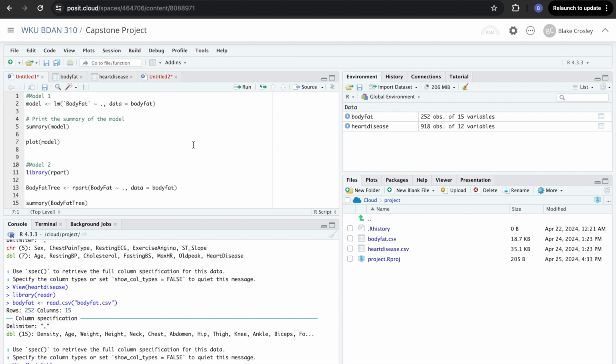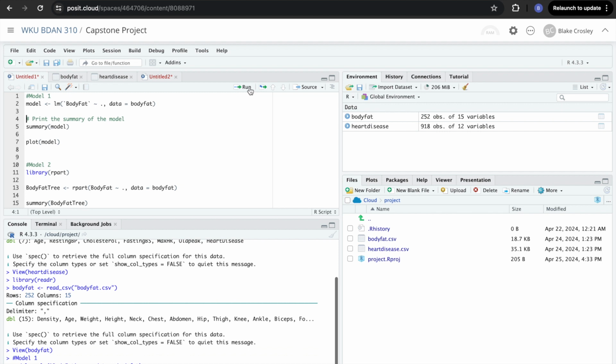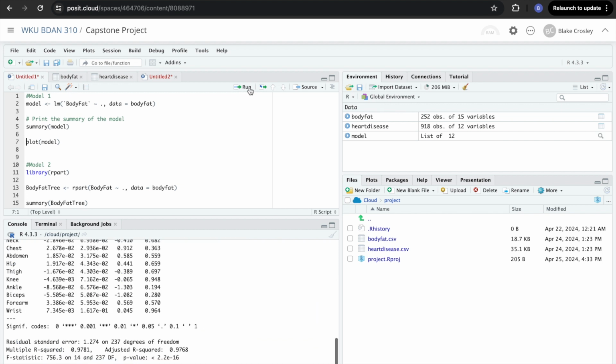So, jumping right into it, I used a linear model for my first model for body fat, and this was just to see how well it could predict body fat based on the 15 variables, or 14, not including the body fat percentage. So let's go ahead and run this model here, and then we'll get a summary of it. As you can see here with the R squared,